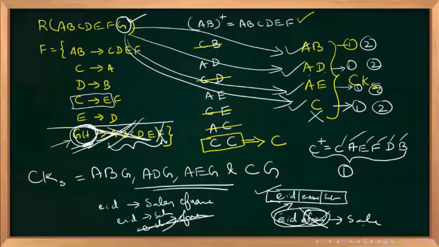This is very, very important. 2 marks compulsory you will be getting in GATE. And this is the stepping stone towards normal forms. If you don't know this one, you cannot do normal forms. The first step for finding normalization or normal forms is that you have to find all the candidate keys. If you have any confusion there, then you cannot do that. Shall I move to the next one?